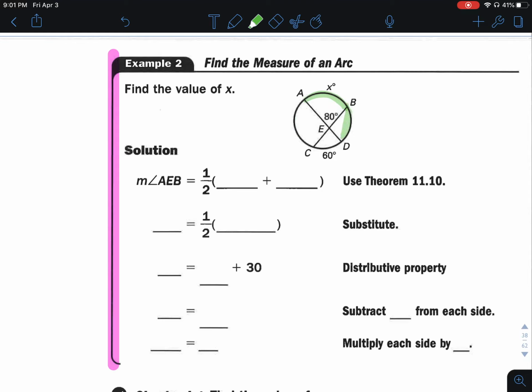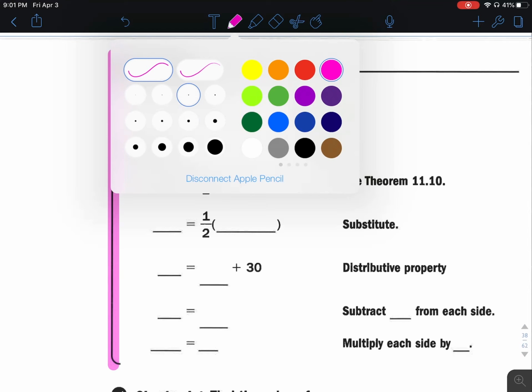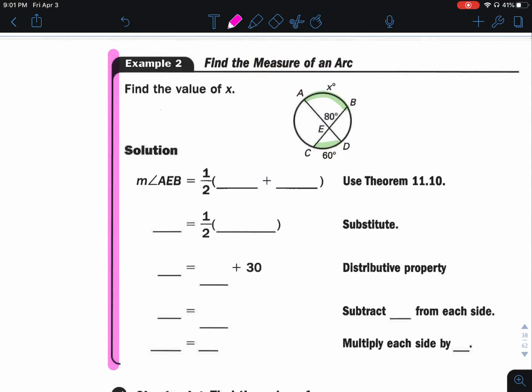It could not be, again, because those two green arcs are touching. So it has to be this other arc that is there. So let's fill in some stuff that I know. The measure of AEB is this angle here. That's what I'm given. Equals 1/2 the measure of AB